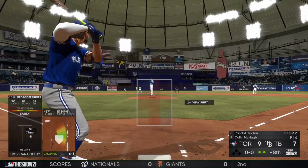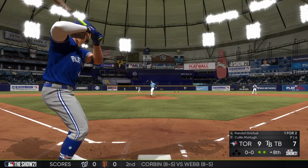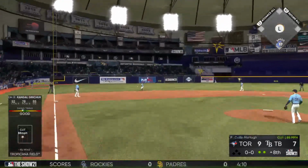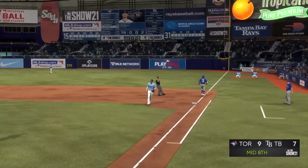Rendell Gritcher will stand in here, but before he does, let's take you back to the very first inning. This was a 2-run home run right out of the gate that really got these guys off to a fast start. And the throw to first is in time, but the damage has been...